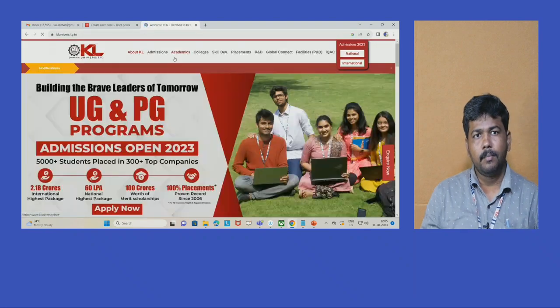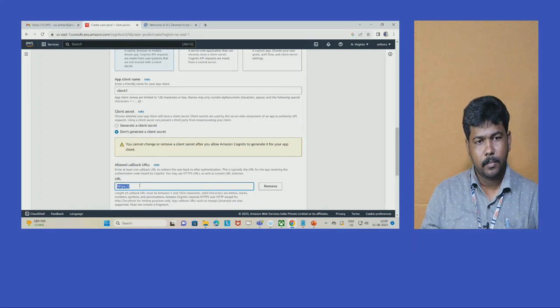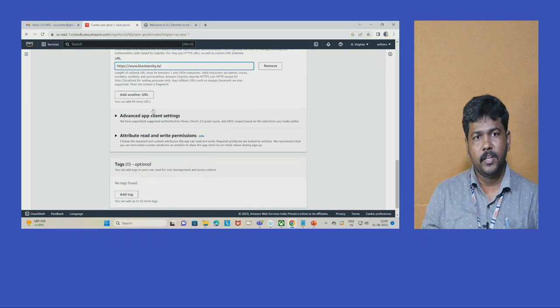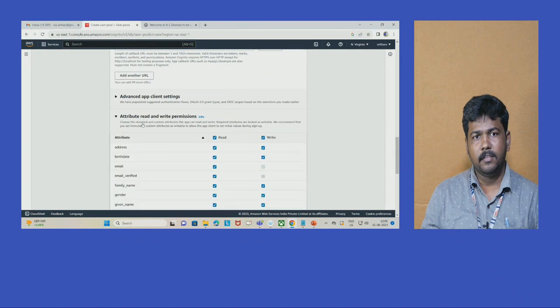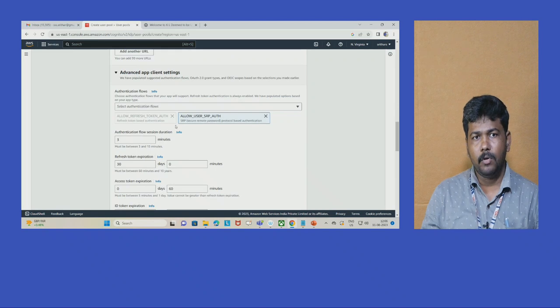So take this complete URL of it. Take this complete URL and paste it under this URL. So that's it. Okay, and one more important thing is that under this advanced app client settings, you need to enable one more option, that is,